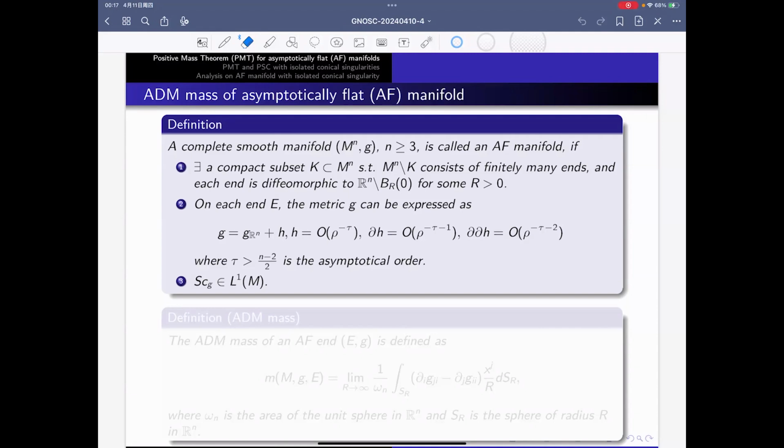So on each end, we have a global coordinate system. And on each end, the Riemannian metric g is asymptotic to the Euclidean metric, that is, the Euclidean metric plus a perturbation term h. And the asymptotic order, the decay order for h, we require to be greater than